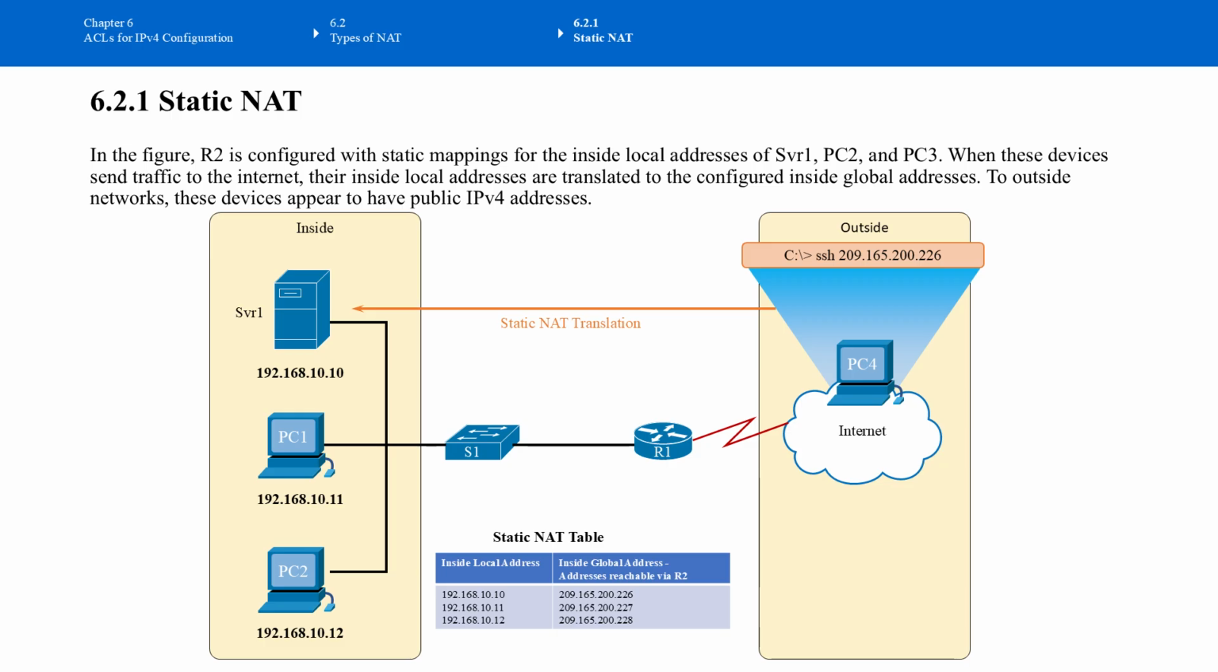So 192.168.10.10 is mapped to 209.165.200.226. And 192.168.10.11 is mapped to 209.165.200.227. And 192.168.10.12 is mapped to 209.165.200.228. For example, the server's real inside address is 192.168.10.10, but to the outside network, it appears as